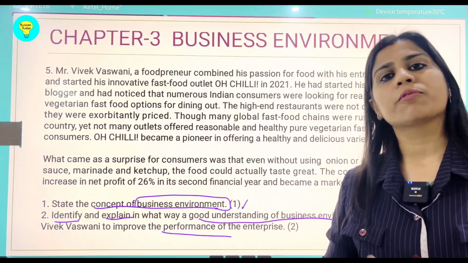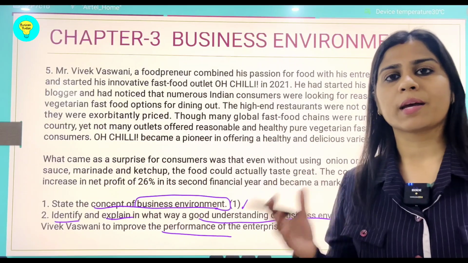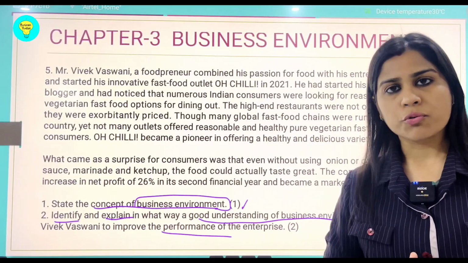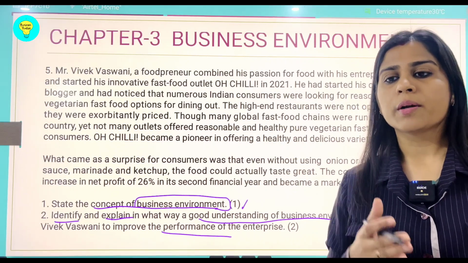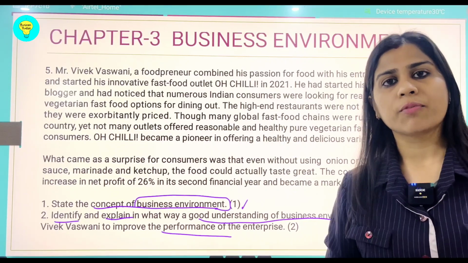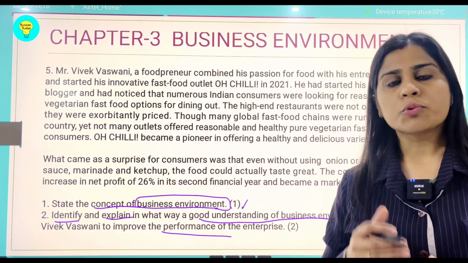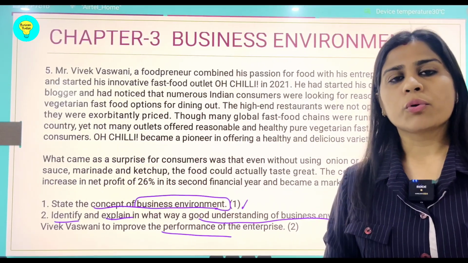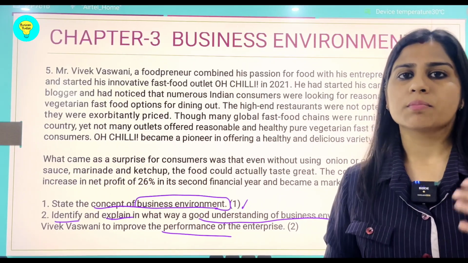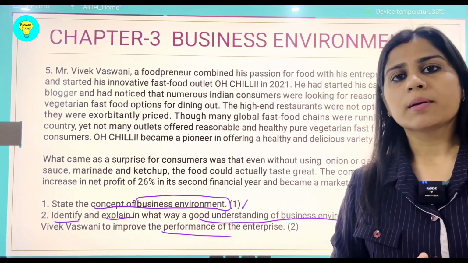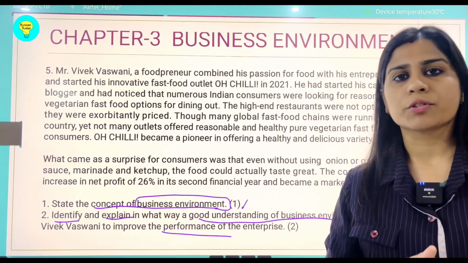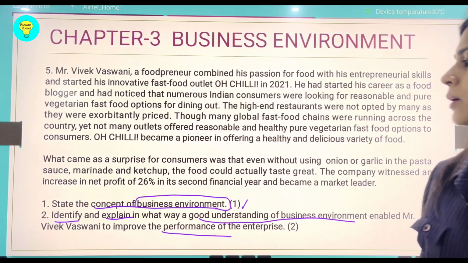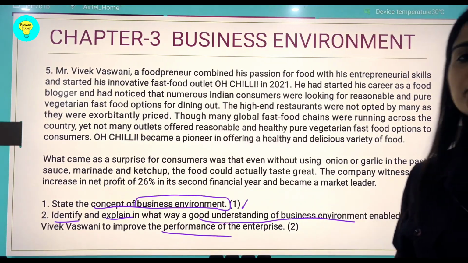rather a sum total of all the external forces, including specific as well as general, on which the firm has little control. The firm can although control the internal factors or specific forces which are related up to some extent, but the overall control of the firm is not there on its micro and macro environment, but these factors do have an impact or an effect on the business and its working. So this is what we can explain in the concept of business environment.